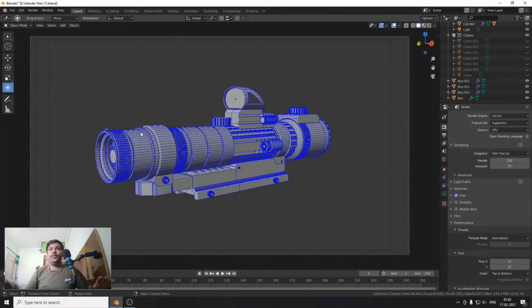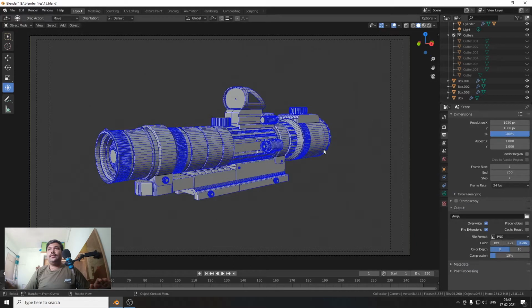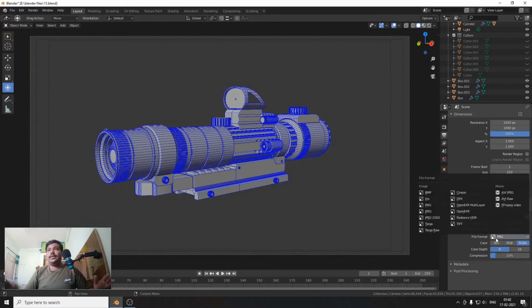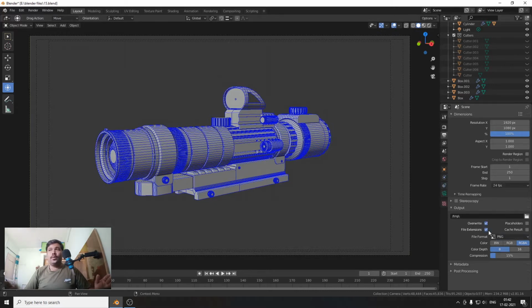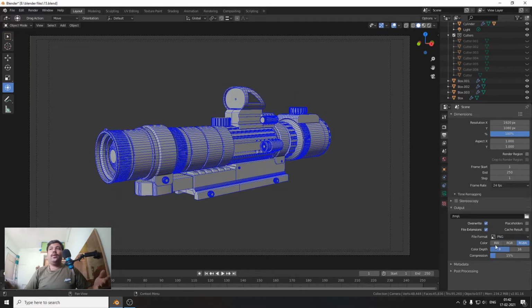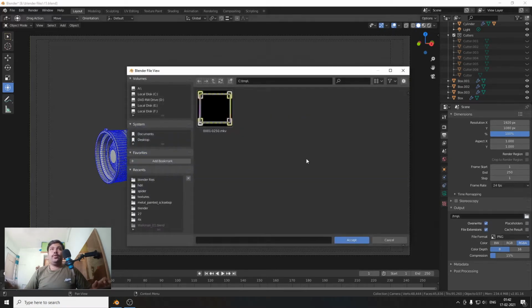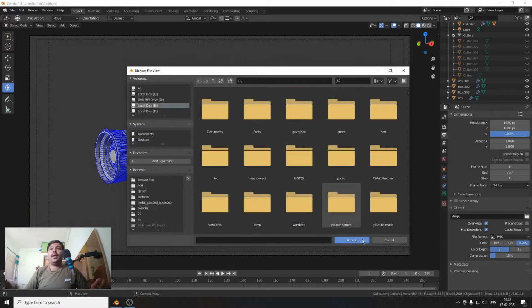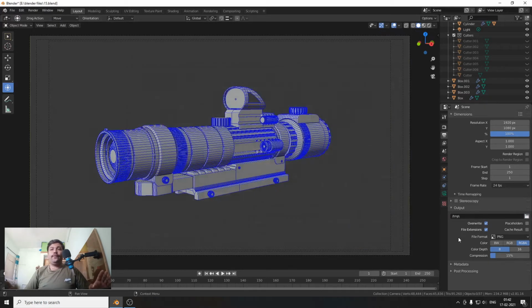So if you want to render it in some animation, or as a target or PNG file, then just click on this, then click on the output option and select whatever output you want, or the image sequence that you want, and select the path where you want to save your files.